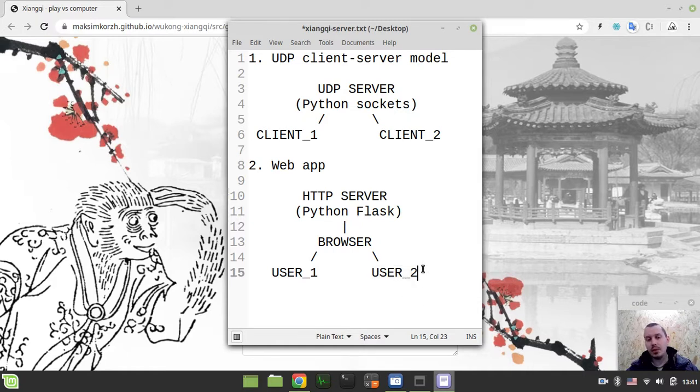And then we go the opposite way. User 2 sends to the browser, the browser sends to the HTTP server. It sends to client 2, to the UDP server, to client 1, back to the server, back to the browser, and both guys see the move made on the chessboard. So again, I'm really sorry, I have no idea how in particular this is going to work, but